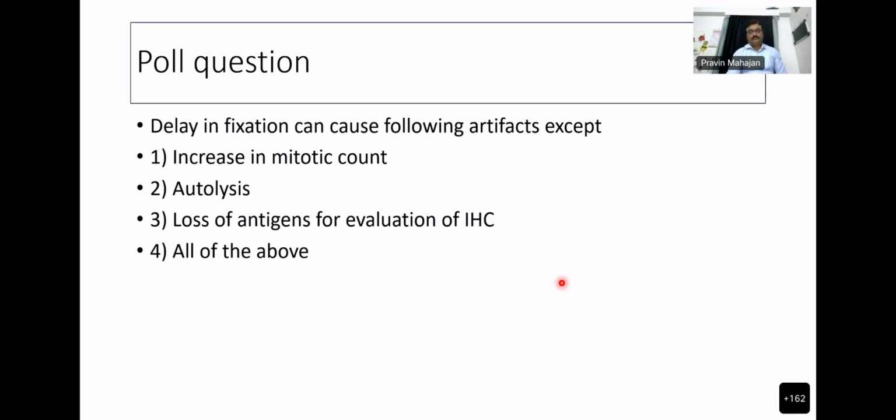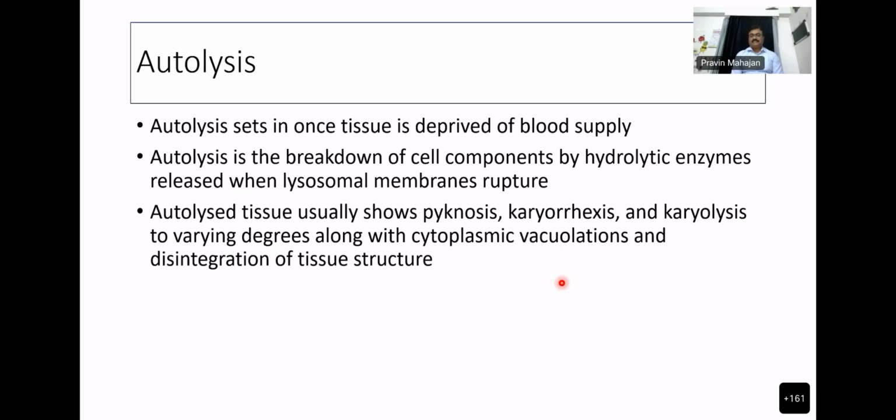So what is autolysis? Autolysis sets in cells in tissue once it is deprived of a blood supply. During autolysis, there is a breakdown of cell components by hydrolytic enzymes, which are released from the lysosomes because lysosomal membranes get ruptured, and that's why autolysis sets in. So how do you recognize that there is autolysis in the tissue? Usually, when there is an autolyzed tissue, you see changes like